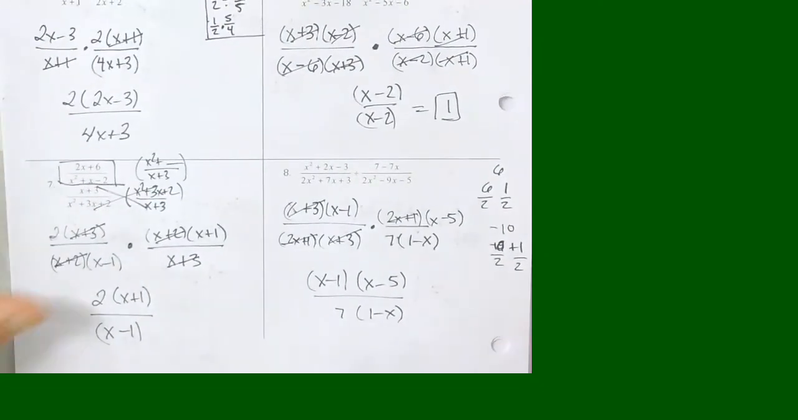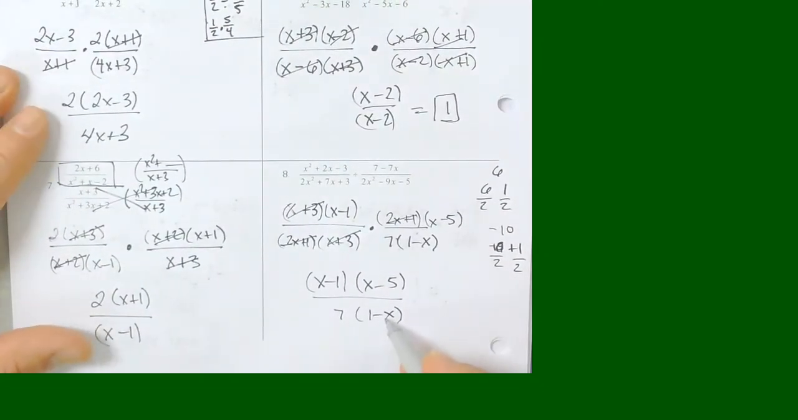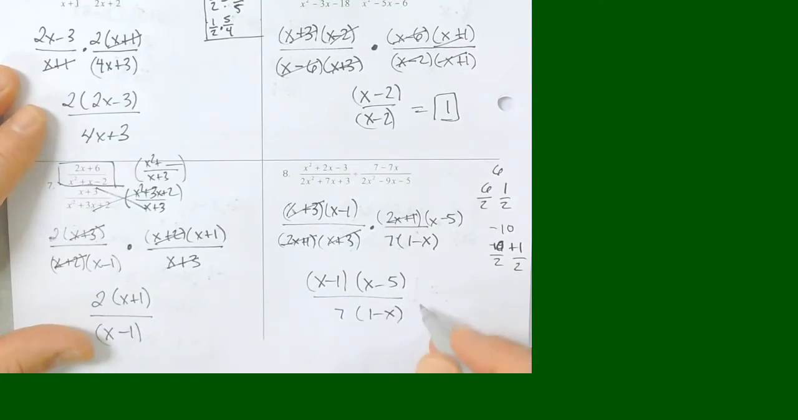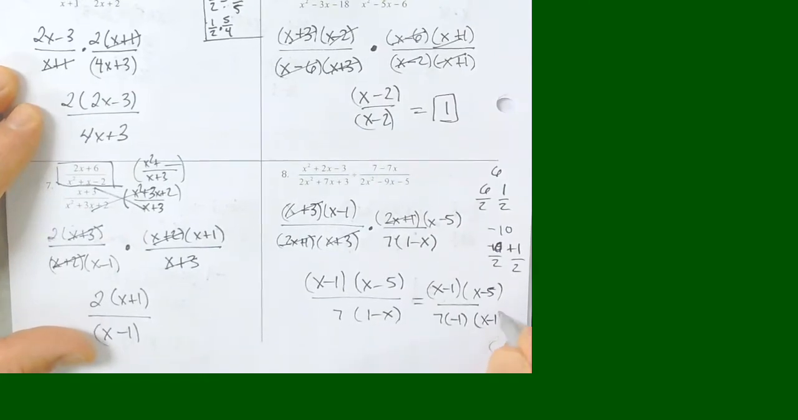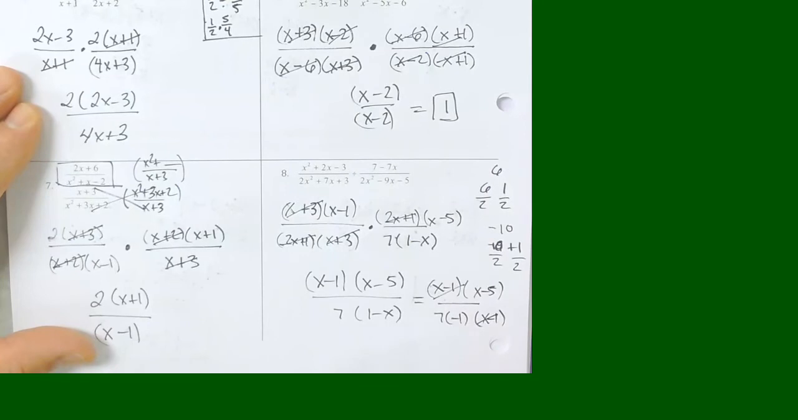Last thing I need to realize is 1 minus x, if I factor a negative out, is going to give me x minus 1, x minus 5, 7 times negative 1 will give us negative 1 plus x, or that gives me x minus 1. So a final answer of x minus 5 over negative